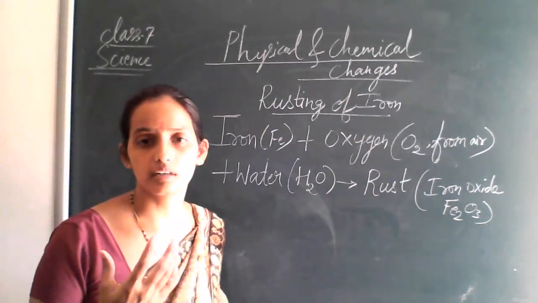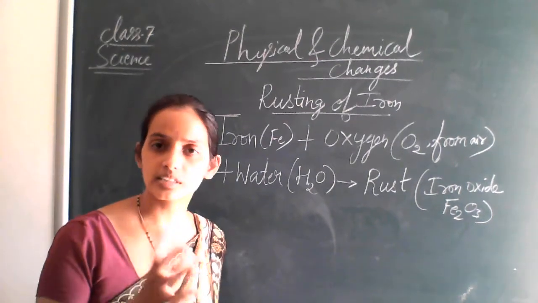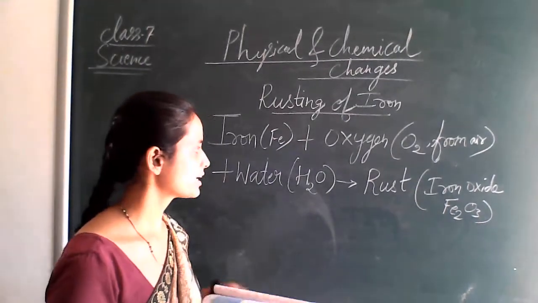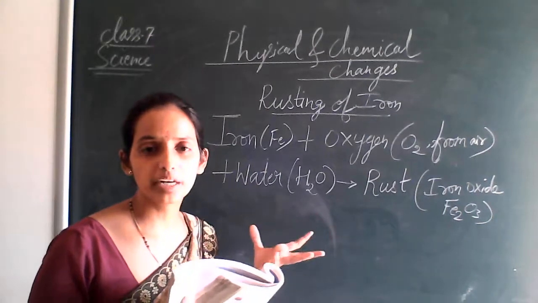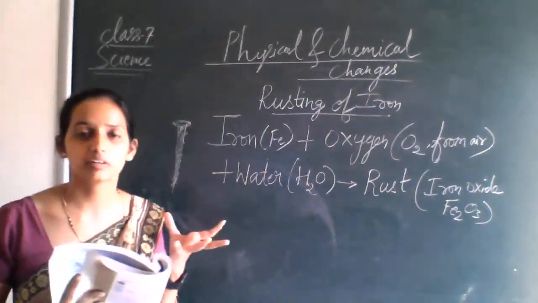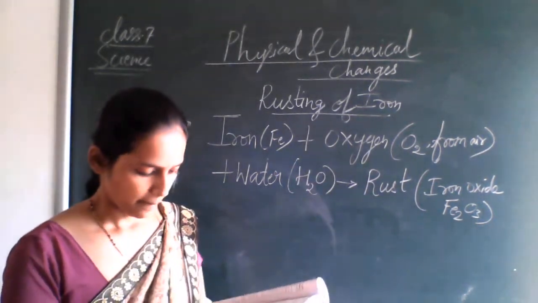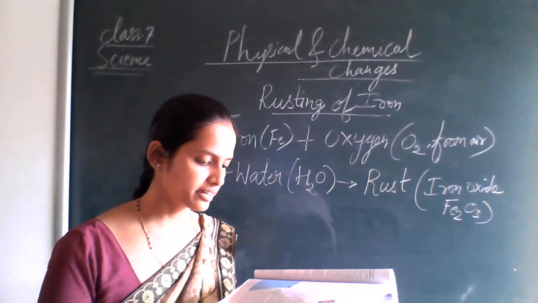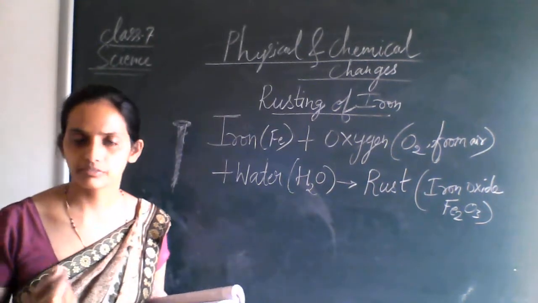But on a sunny day, or a very hot day, rusting will not take place actually. But if the climate is humid or has more moisture content in the atmosphere, then your iron will get rust. In fact, if the moisture content is high, which means it is more humid, rusting becomes faster.